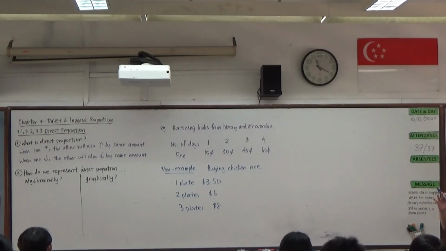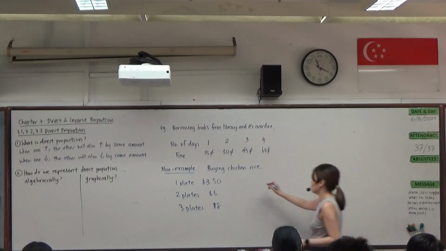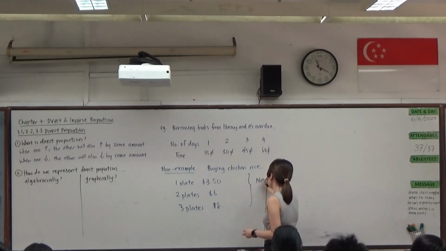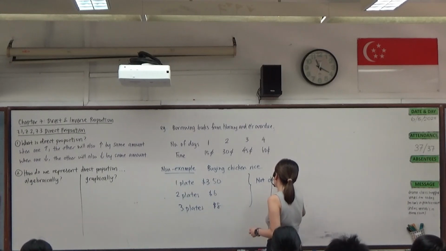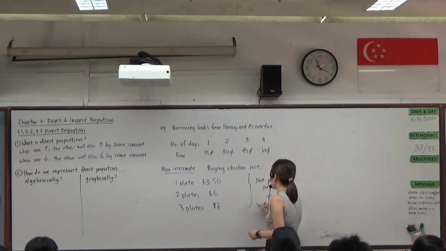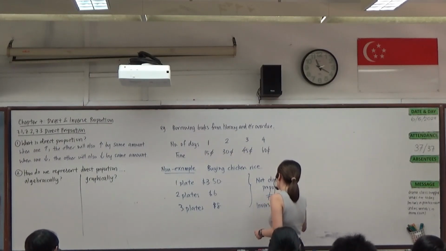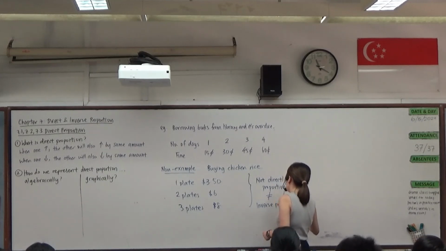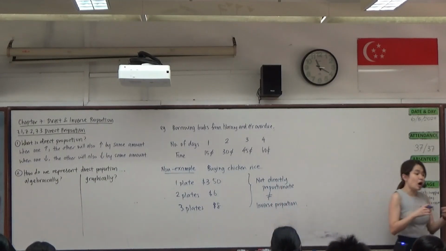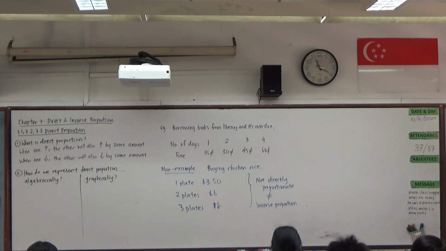I want us to be very clear about what is considered direct proportion and what is not. However, I want us to be also very clear that being not directly proportionate is not the same as inverse proportion. They are not opposite ideas. Inverse proportion